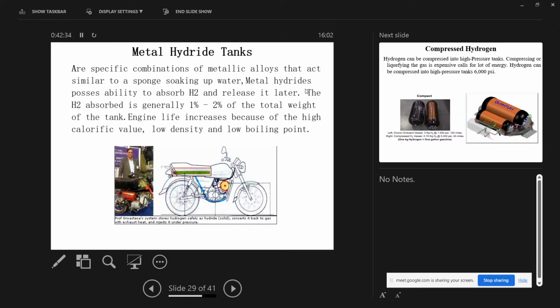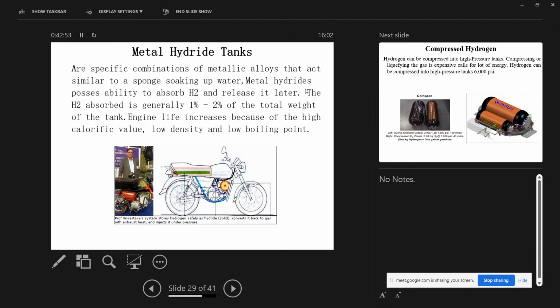Okay. So this is metal hydroxide. So what will happen? Especially combinations of metals or the alloys. The condition is it should be alloy. It should not burst in that condition. Then we should be very careful while using the metal hydrates.